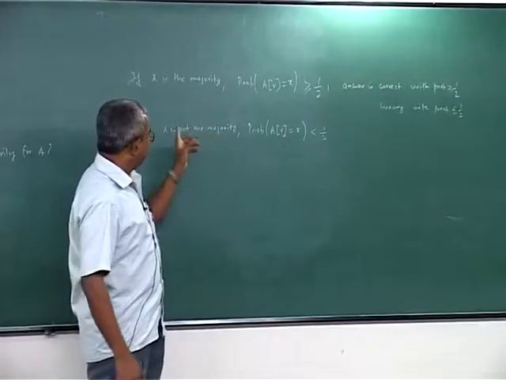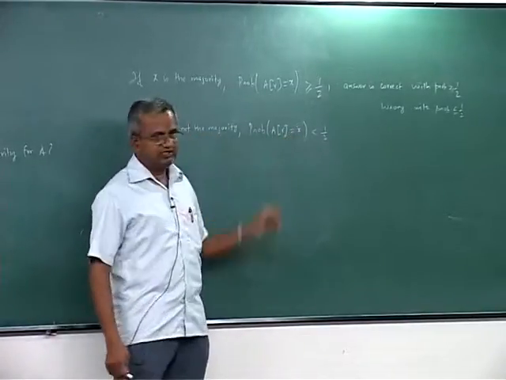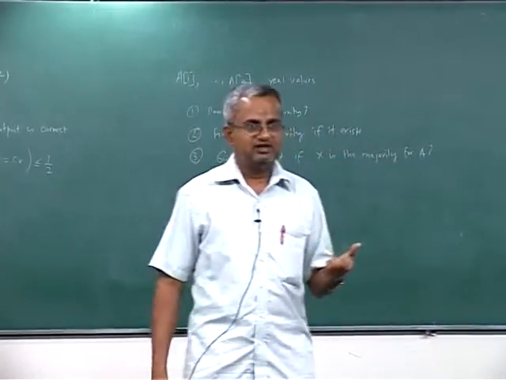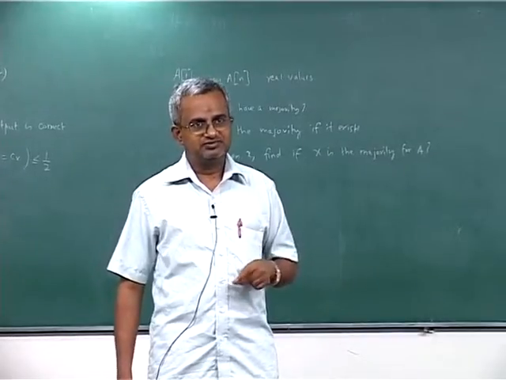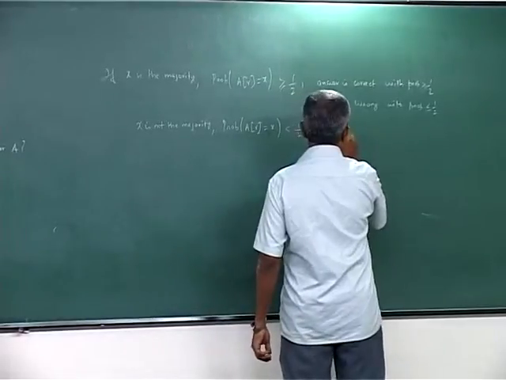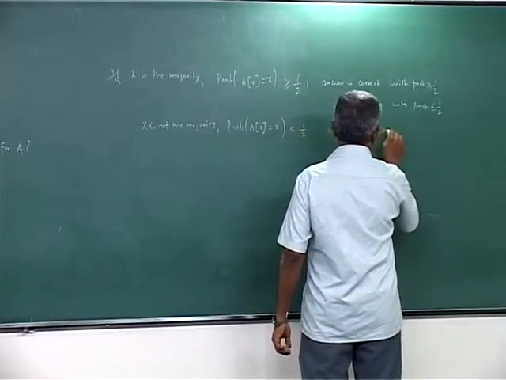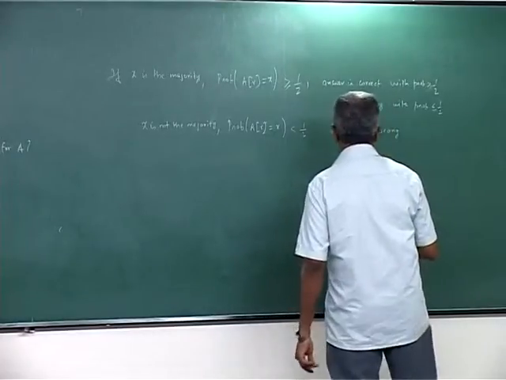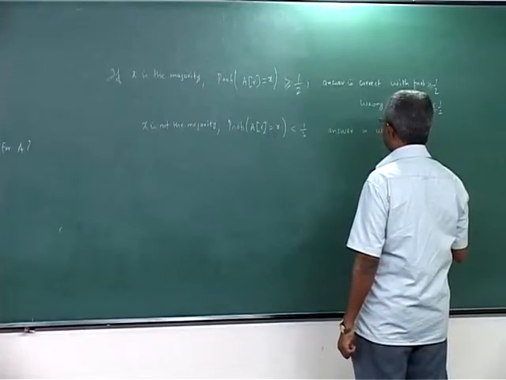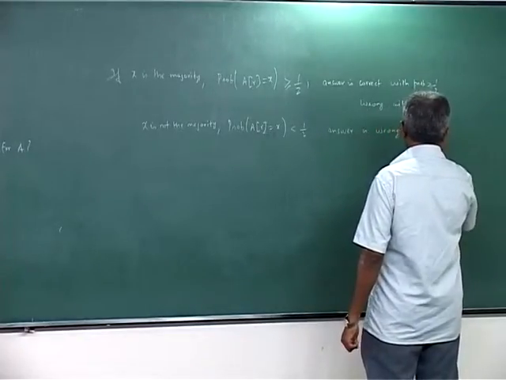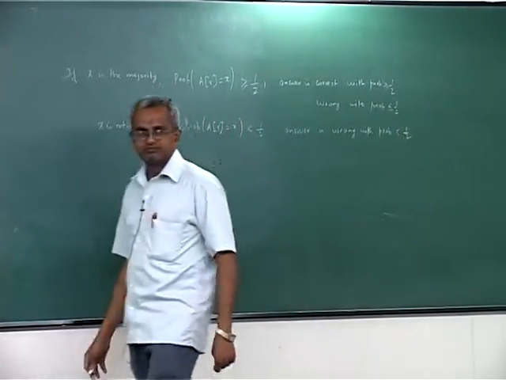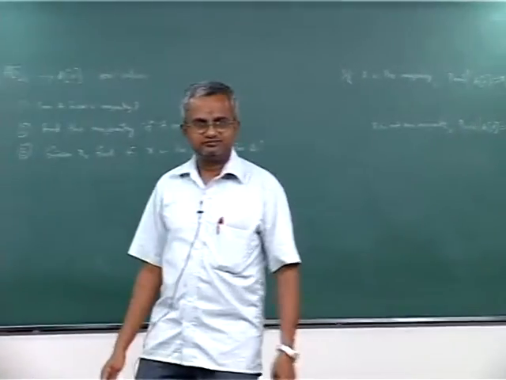What is the answer? If x is not a majority and A of r happens to be x, the output, as a result, is yes, x is a majority. So, what is the answer? Is it right or wrong? It is wrong. So, the answer is wrong. What is the probability? With probability less than half.